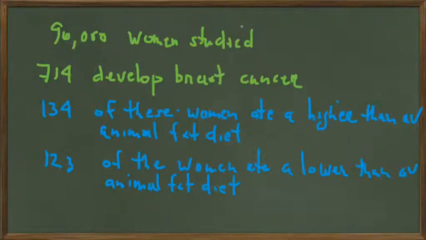123 of those developing breast cancer had a lower than average amount of animal fat in their diet. And the doctor conducting the study concluded that animal fat led to a higher incidence of breast cancer, even with just this very slight amount of evidence. And in fact, it was cited as 33% higher incidence. Well, this is a poorly